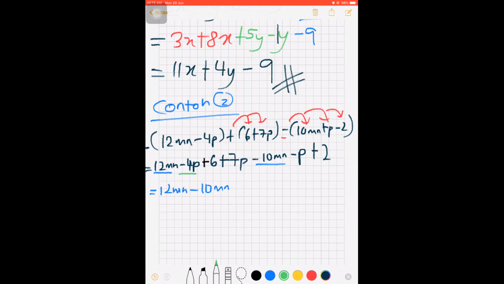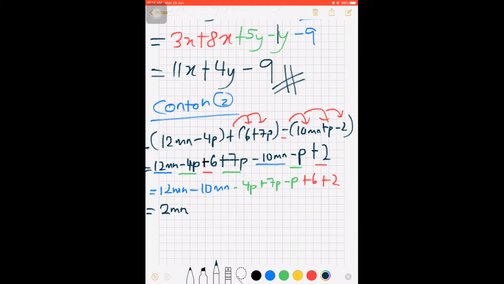P green. Negative 4p, positive 7p, negative p. So minus 4p plus 7p minus p. And then the ones yang tak ada variable, ni 6 and 2. Okay, so you letak plus 6 plus 2. Okay, so what do we get? Now we just tambah the like terms lah, or tolak the like terms. So 12 minus 10 is